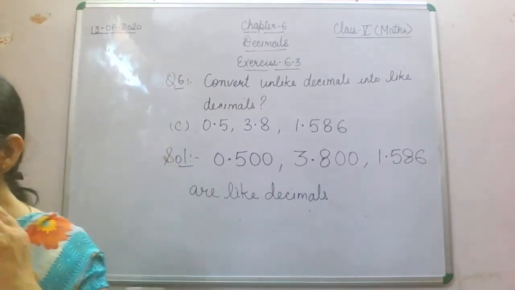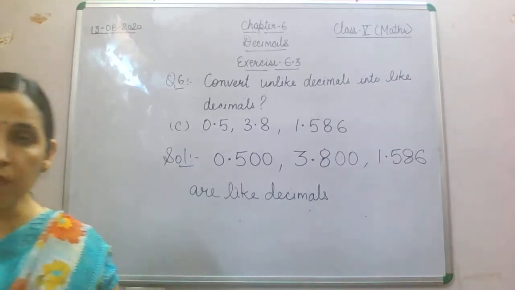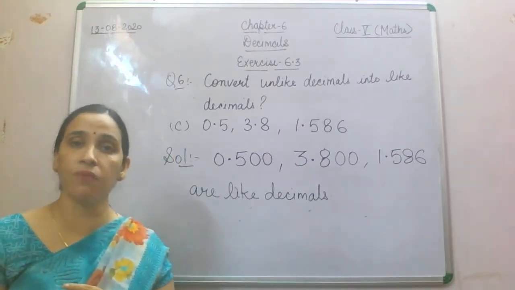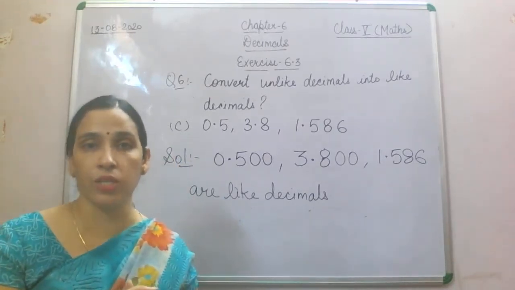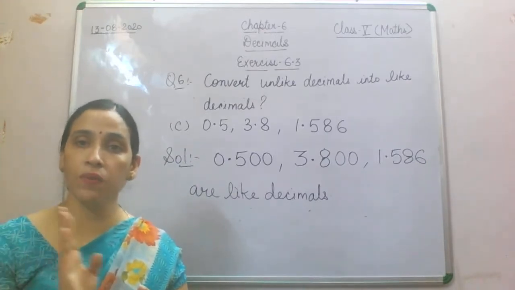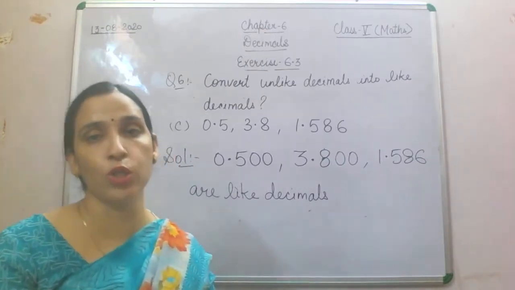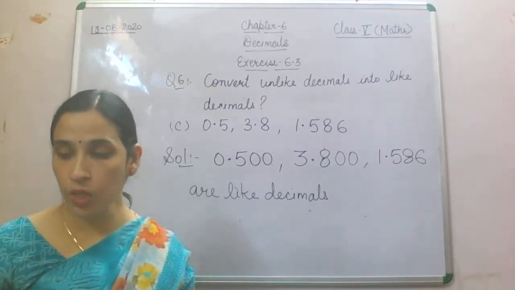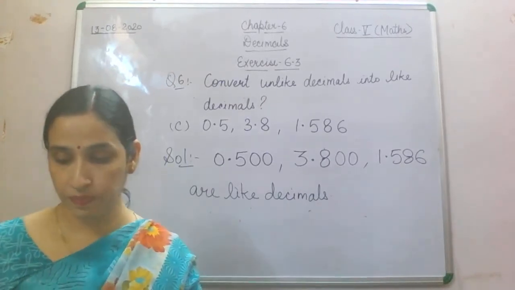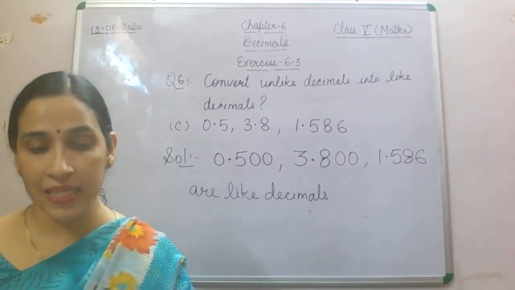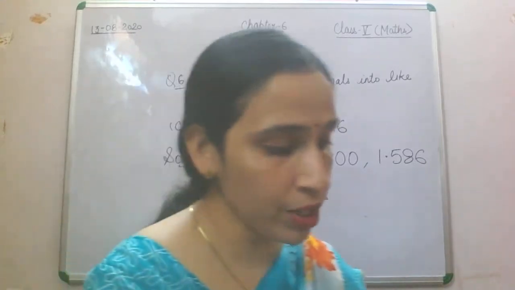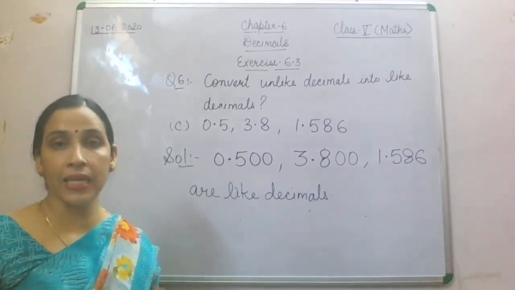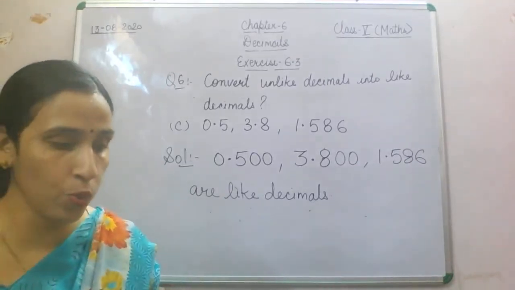Like in fractions, you were seeing which two fractions are equivalent fractions, meaning if we reduce the second fraction, we will get the first fraction. So from that concept only we take equivalent decimals also. If we reduce it into lowest form or lowest terms, we will get that equivalent number. Now children, with this I am going to take a few more examples of like and unlike decimals. We'll take 1 or 2 more examples.